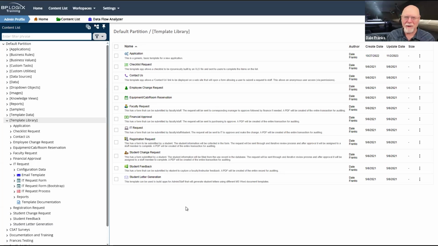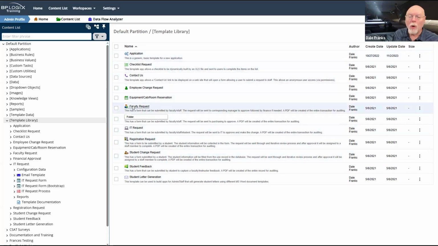If you make 10 or 15 applications, that's 10 or 15 times they have to constantly replicate these same steps. The nice thing about the template library, in addition to these particular templates that we've provided for you, which you may or may not find useful, or indeed you may not want at all.